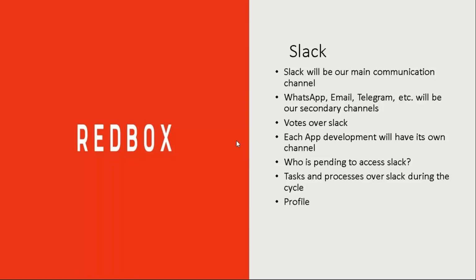So, profile. That is related to your Slack profile. I need you to check your Slack profile and add an image, a picture of you, and modify the name of the profile, because right now when I uploaded the people, Slack selected the part of the email before the @, and that is your name there.